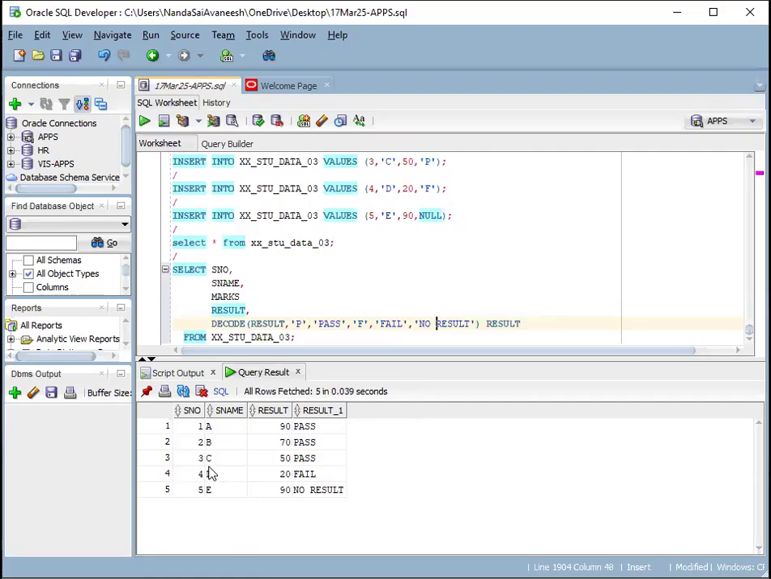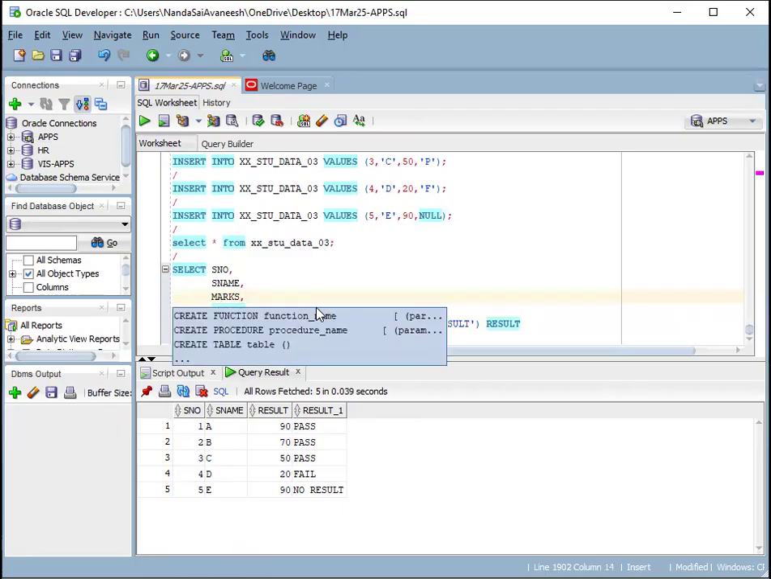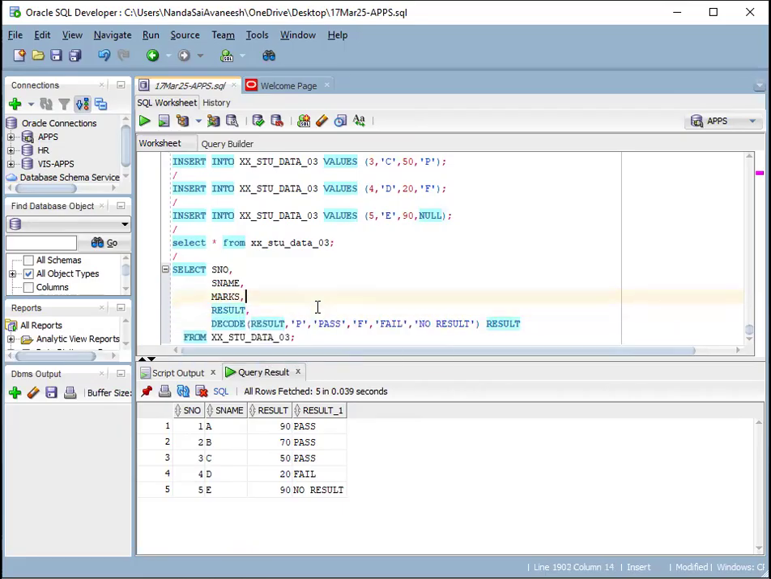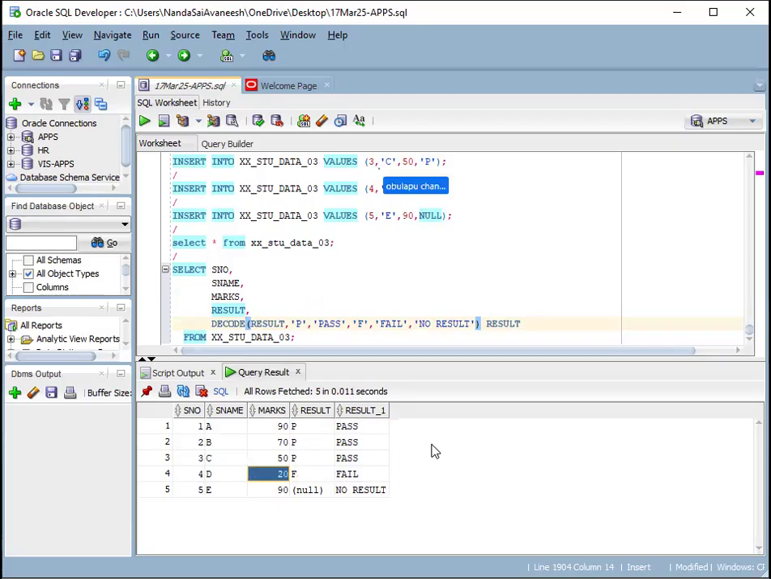Okay, so here serial number, S name, result is 90 here. Sorry, I made a comma mistake here, so that is considered as marks. So here, 1, A, marks 90, result as per the table it is P, and based on the decode value it is giving you pass here. And here, this record is fail, and here